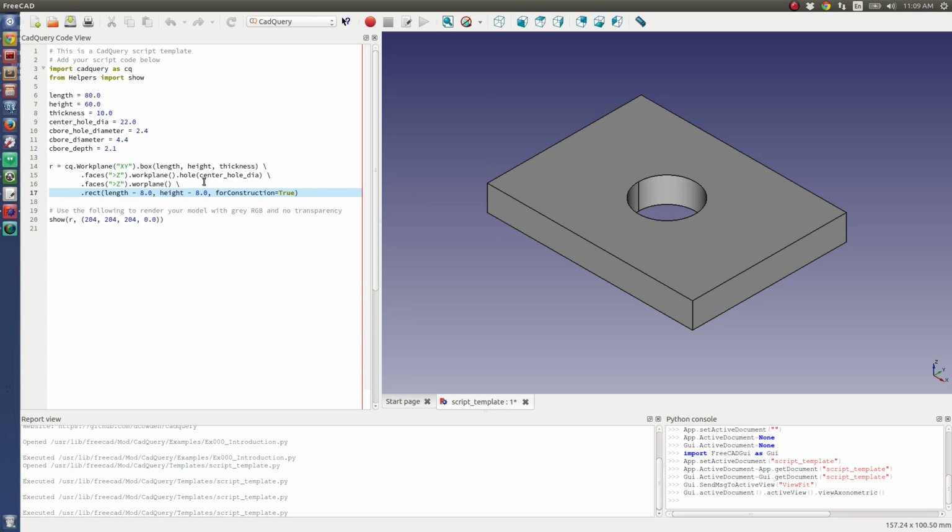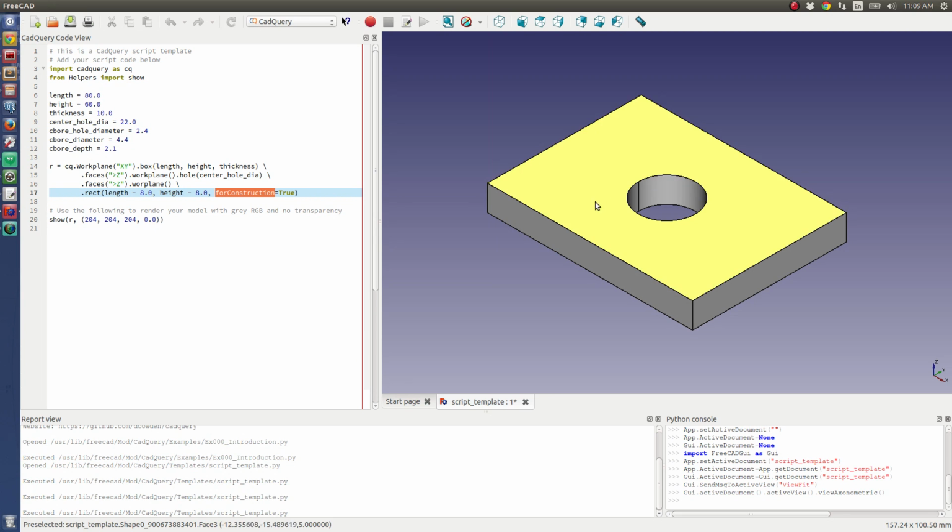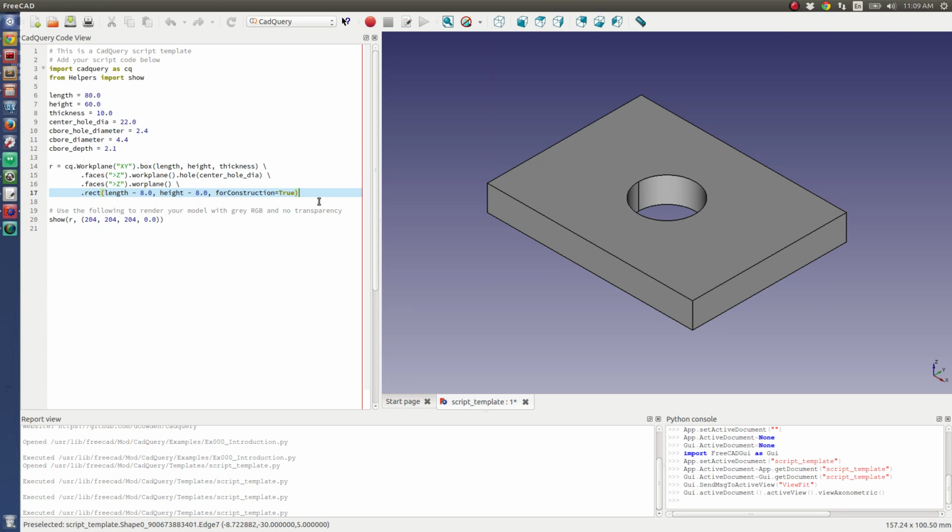And what the for construction parameter does is it says I don't want to use this to create geometry. Like, I don't want to take this rectangle and extrude it up or cut it down through. I want to use it to place other geometry later on. So once that's in place,